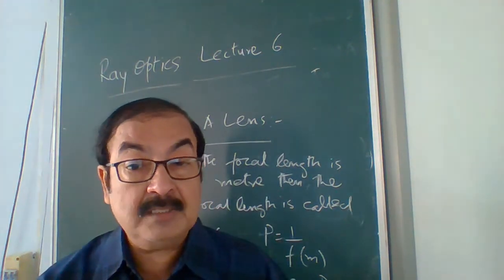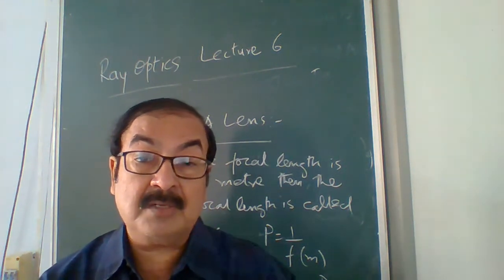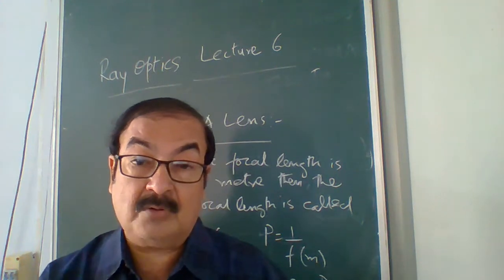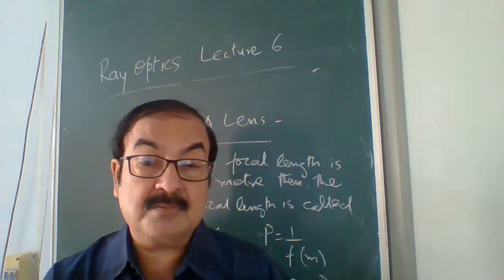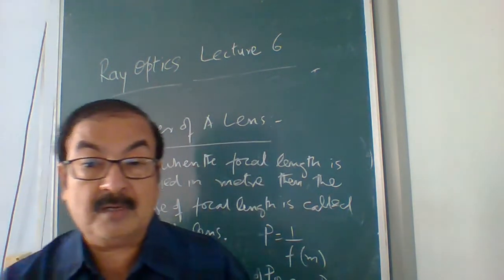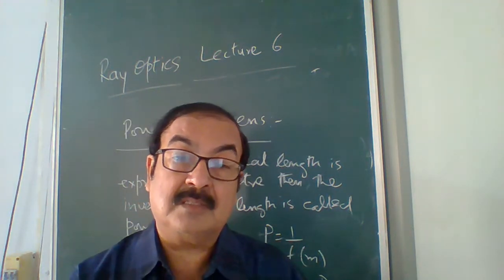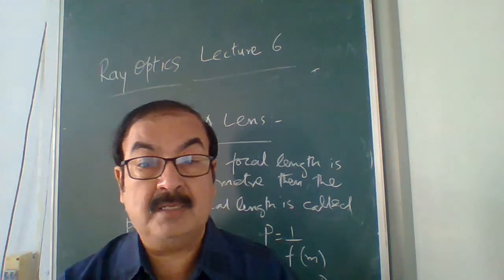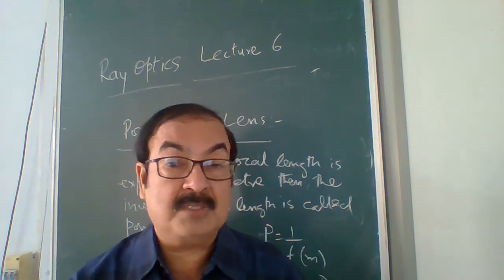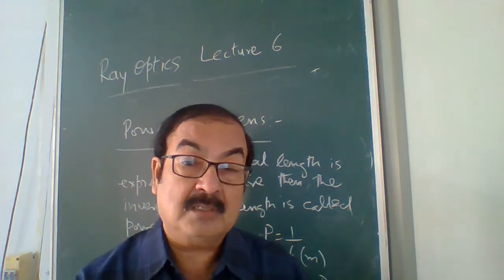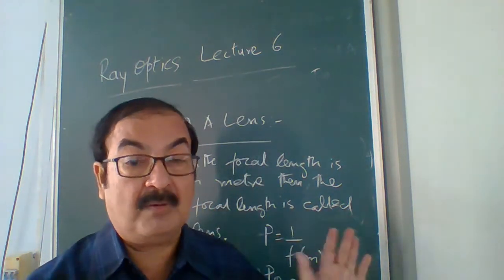Those who can see the distant object but cannot see the near object, for them we need some converging lens so that the thing can be brought very close. Then they need some converging lens like convex lens, that is very useful. And for those people who have a typical problem of seeing both, neither the distant object properly nor the closer object properly, they use progressive lens or bifocal lens. There are different types of things. I am not going to discuss the eye defects and other remedies and why they are found, but I am just discussing the power of lens like this.